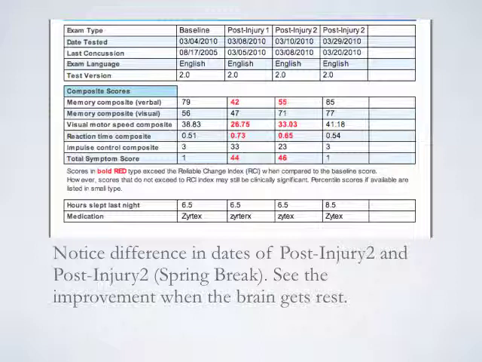And what I want you to pay attention to here is that we did a baseline on 3/4/2010. Then we had an injury occur on 3/5/2010, so literally the day after we did the ImPACT test baseline. We were able to get a post-injury test 3 days later on 3/8/2010, and as you can see, the numbers that are in red there, that shows that they become red because